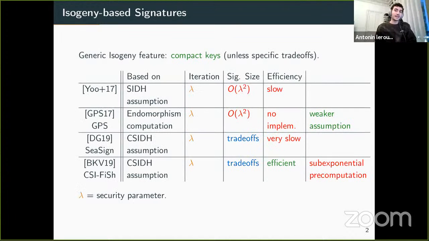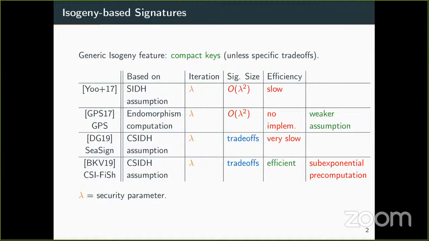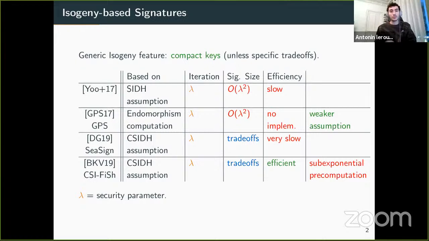Nowadays, there are basically four isogeny-based signature schemes which were recently introduced. All of them are based on the same idea of repeating and transforming with the Fiat-Shamir transform a special sound identification protocol, which means that either these schemes will not be very efficient, or the signature size will be big, or actually both at the same time. In recent work, I think there is only one that comes close to being quite practical, which is this